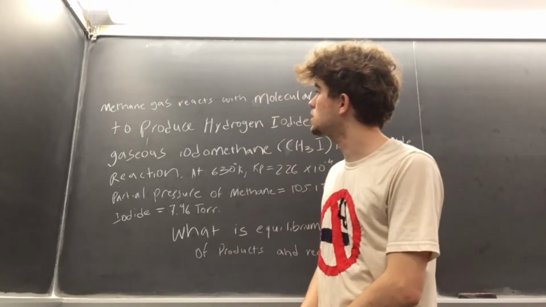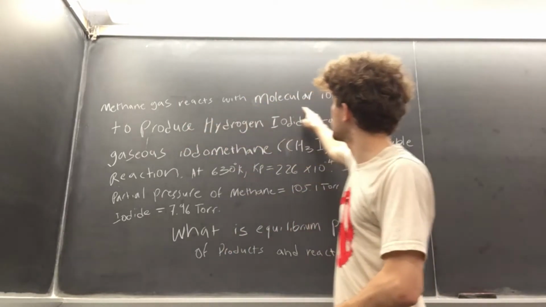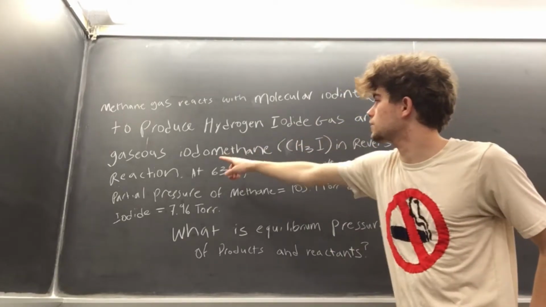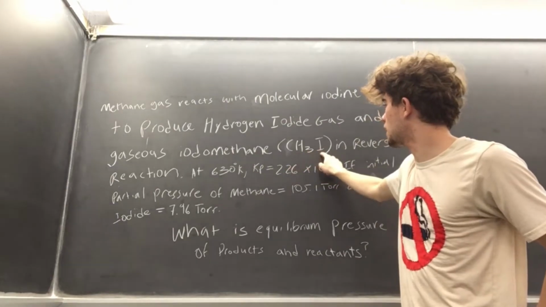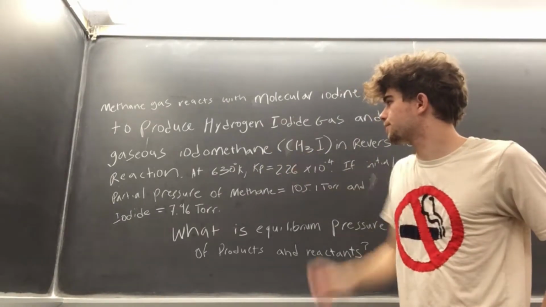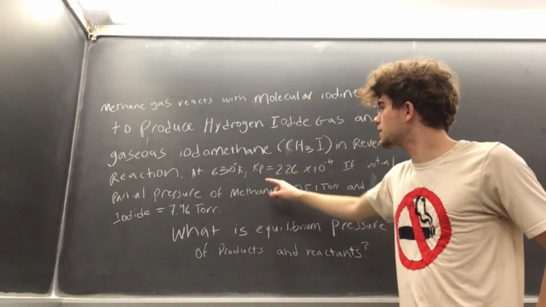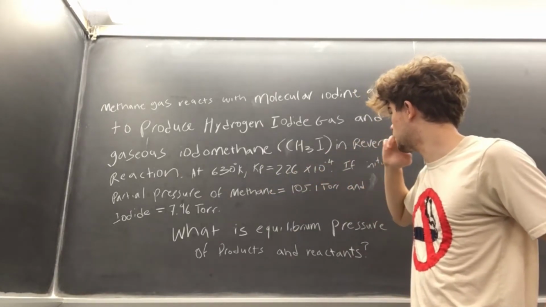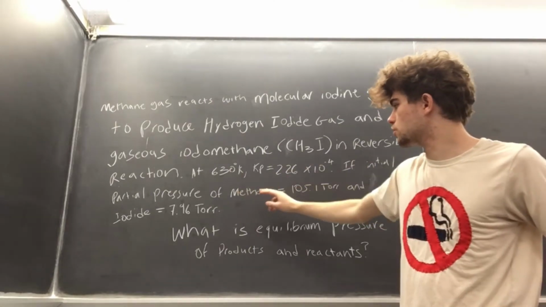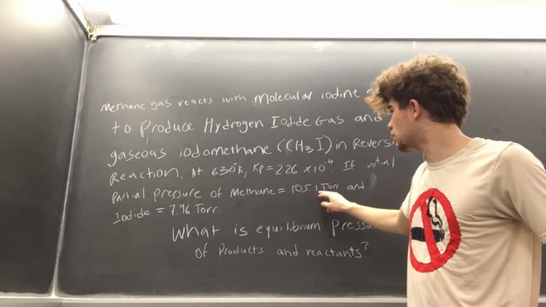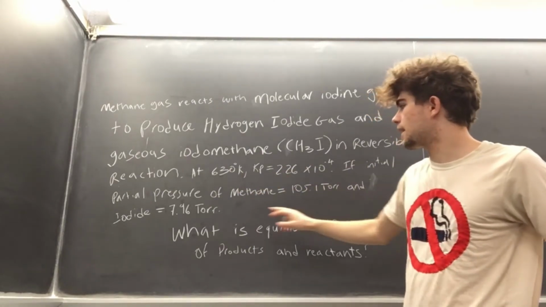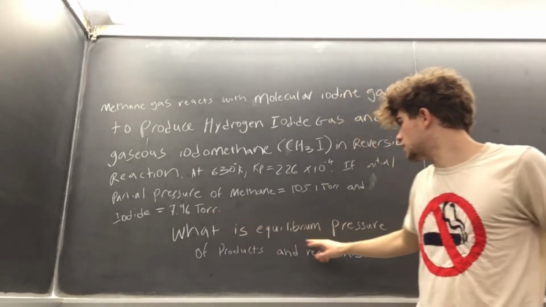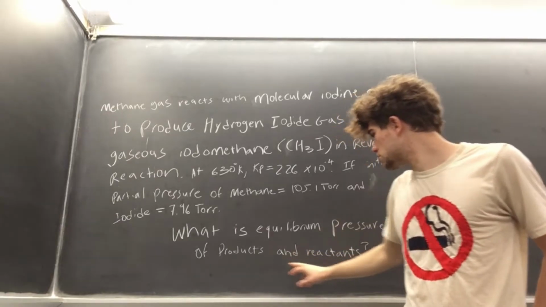This question states that methane gas reacts with molecular iodine gas to produce hydrogen iodide gas and gaseous iodomethane, CH3I, in a reversible reaction. At 630 Kelvin, the Kp is equivalent to 2.26 times 10 to the negative 4. If the initial partial pressure of methane is 105.11 torr and iodine is 7.96 torr, we are asked to calculate the equilibrium pressure of products and reactants for